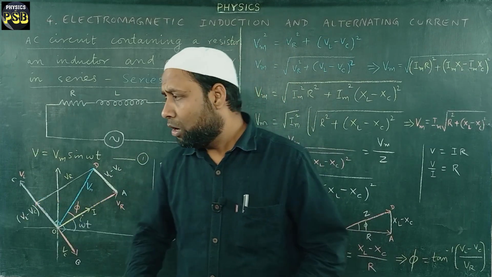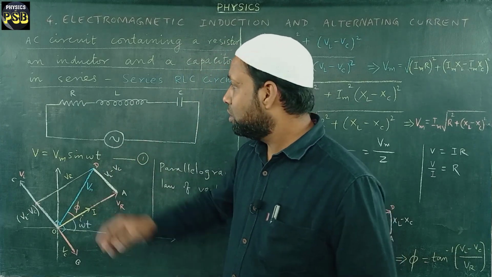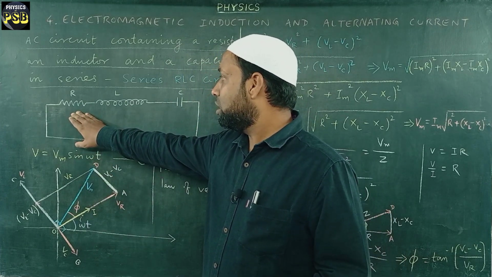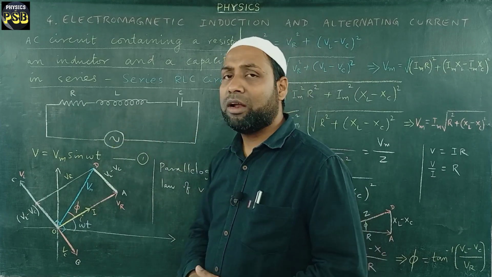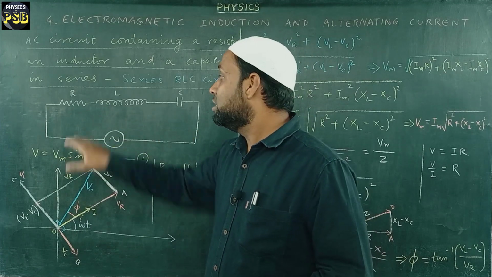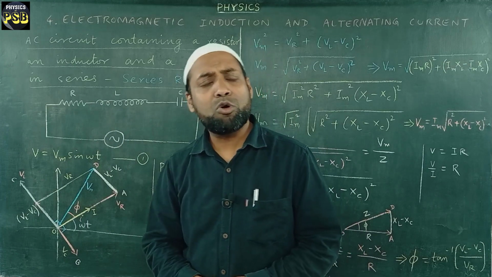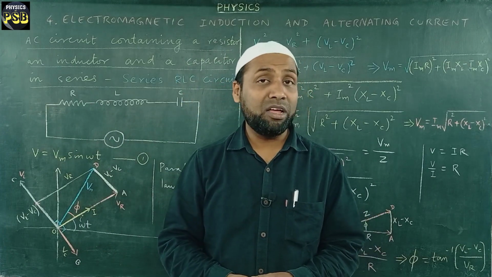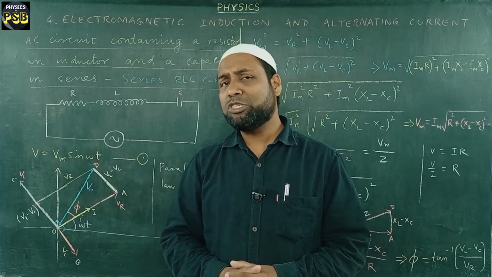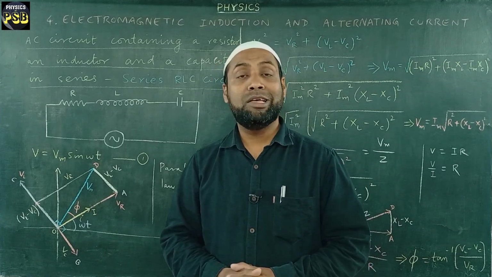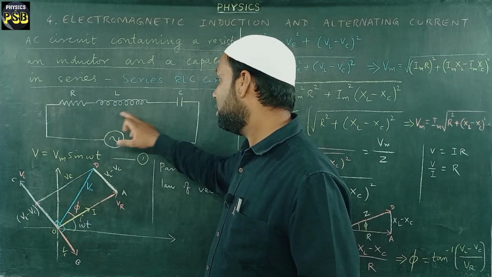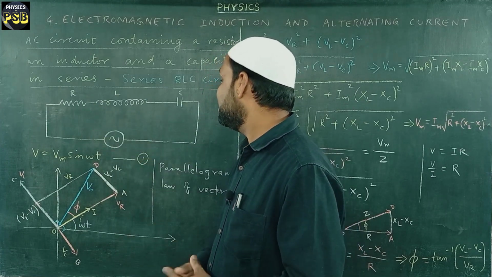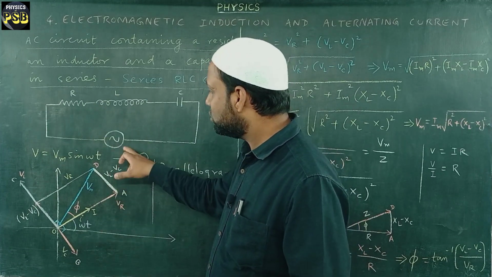In the last video we have studied an RLC circuit connected to an AC source. Here, to make this RLC circuit, a resistor, an inductor and a capacitor are connected side by side. Whenever components are connected side by side, we call such a combination a series combination. So we can say that the RLC circuit is nothing but a series RLC circuit which is connected to an